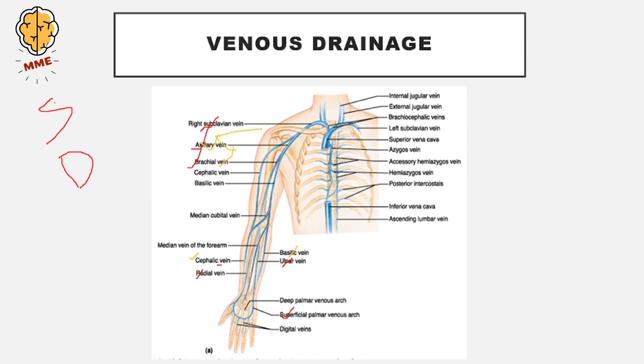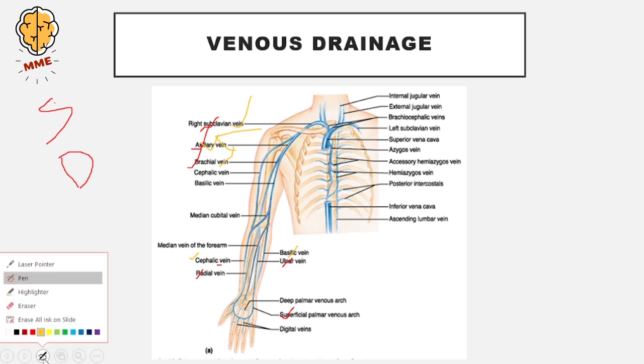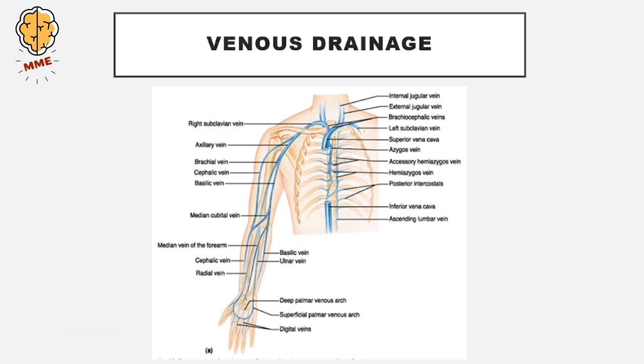Okay, now these will again drain in over here. This is the subclavian vein, and now when we are having this subclavian vein, where will it drain? So this is the internal jugular you can find, and this is the external jugular vein, and this is the right subclavian. When this right subclavian joins with this internal jugular vein, it will drain into the brachiocephalic vein, and now this brachiocephalic vein will drain into the superior vena cava, and the superior vena cava will drain into our right atrium.